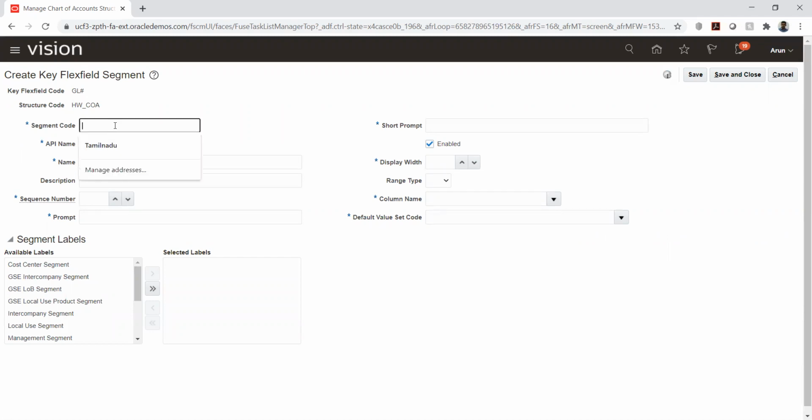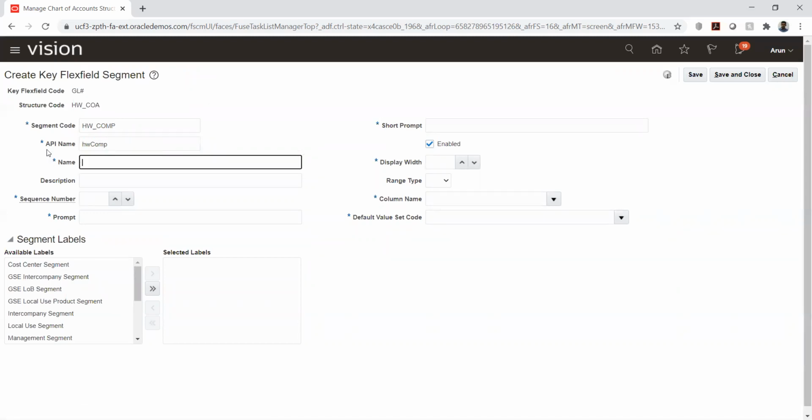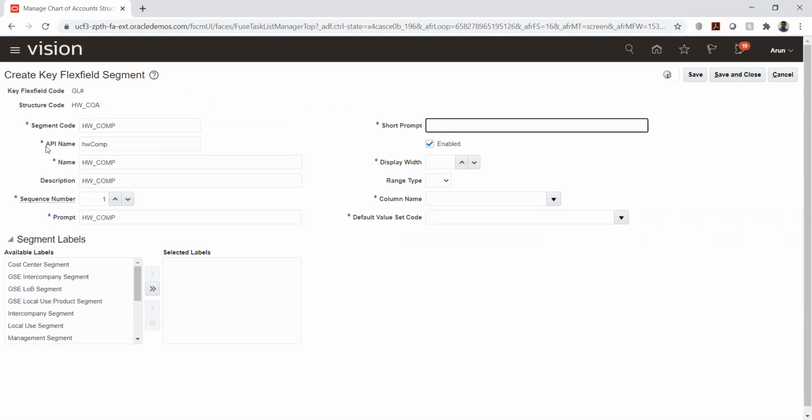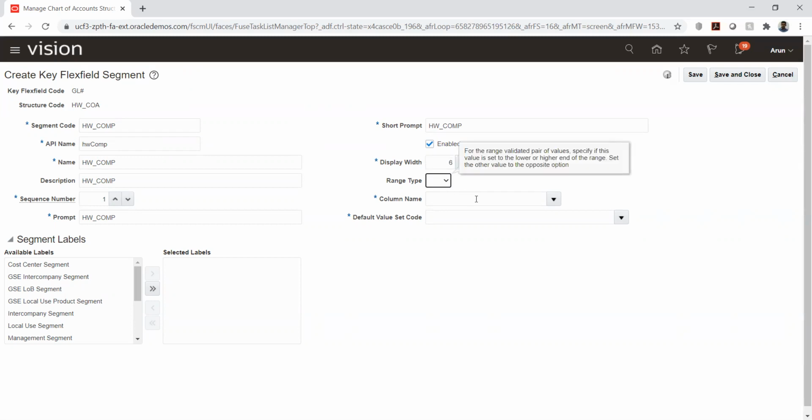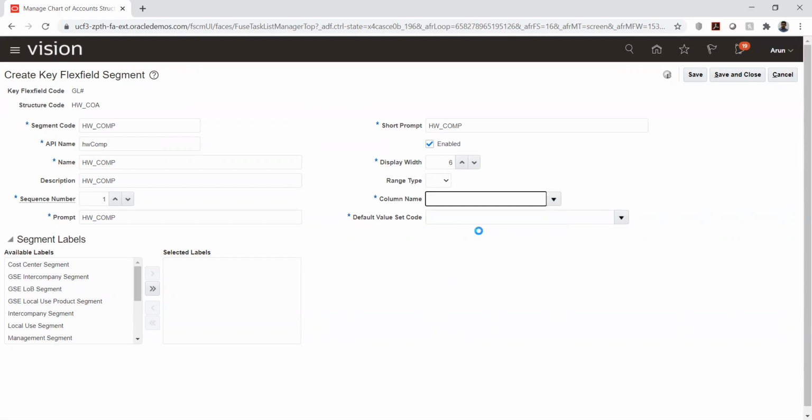Now I'll create the few segments that we created as value sets. I'll create one for the company. So we have something called the API name. Where we will use the API is, let's say we have a third party application. If we want to integrate with that, and we are passing the values from here, we can give this API name here, and we can make use of interacting with the third party application. So that is the usage of the API name.